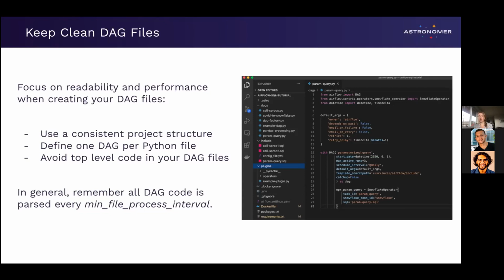So again, best practice is to treat your DAG files as much as possible as almost like configuration files. Lift out any other code elsewhere, either within your Airflow project or again, if you're offloading to other systems entirely. And this will also help make your DAGs a lot easier to read and maintain. So with that, I'm going to hop back to